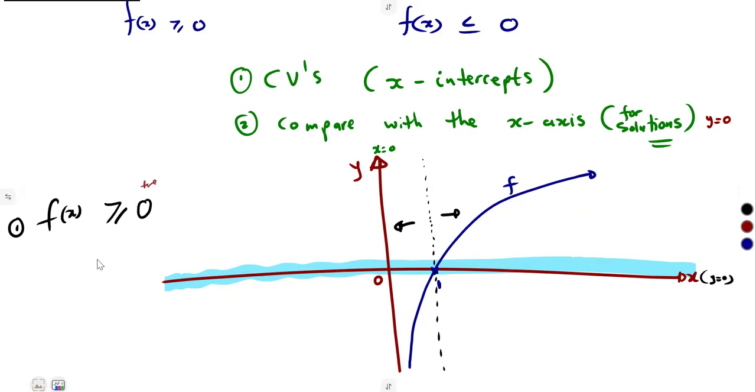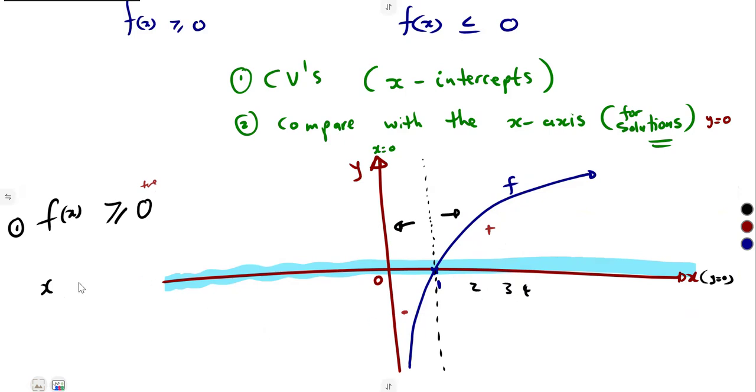It must be above the x-axis. So from 1, going this side, you can see our f is above the x-axis, on top of it. It is positive. Here it was negative. So where it is positive, those are the values of x from 1 going up, 1, 2, 3, 4,